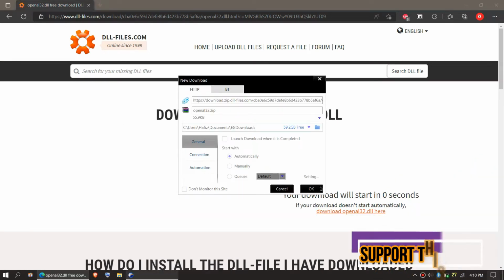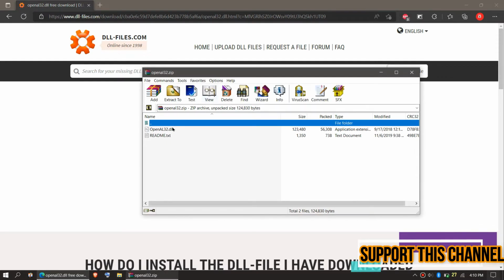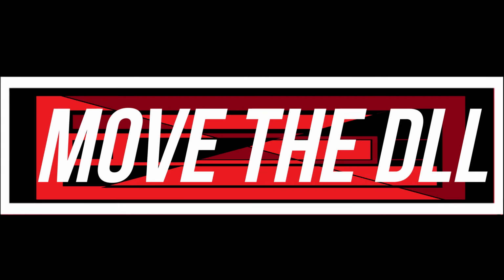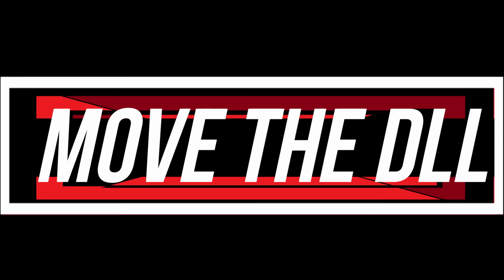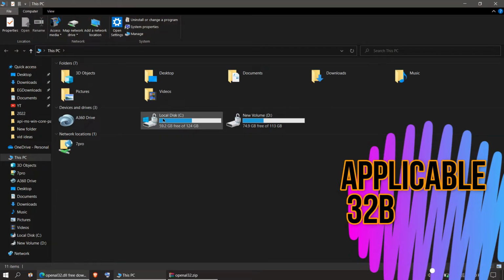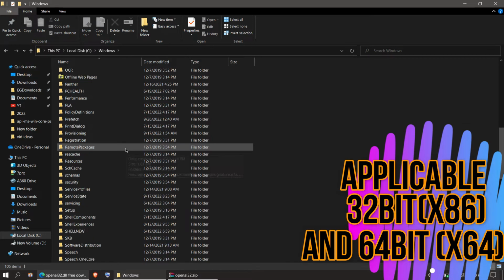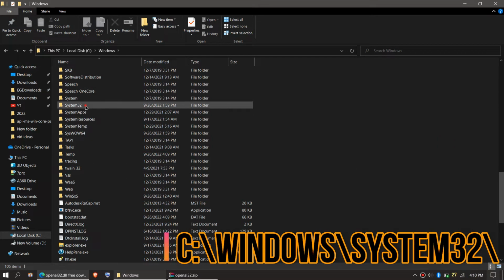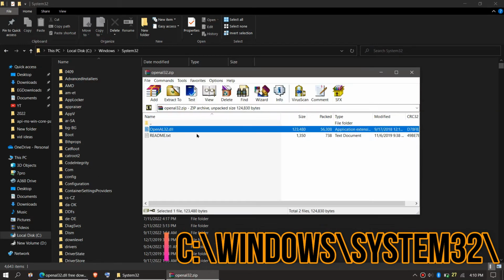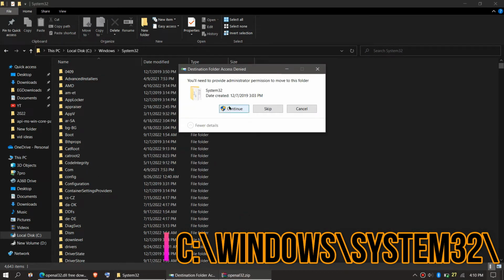As the download completes, hit open. Inside the downloaded zip, we can see the OpenAL32.dll file. In order to move the DLL, you need to first open This PC. Then local disk C, your system drive, Windows, and find a folder named System32. There it is. Then click on the downloaded zip, drag the DLL and drop it, and click on continue to give